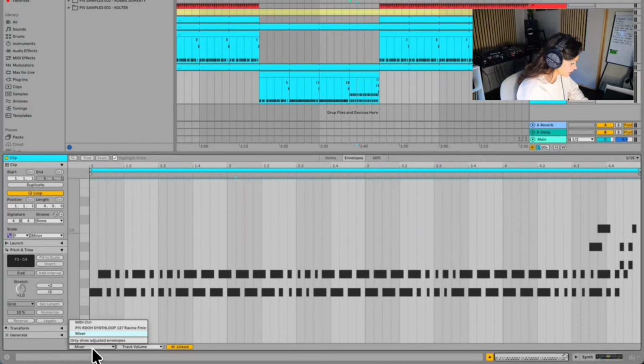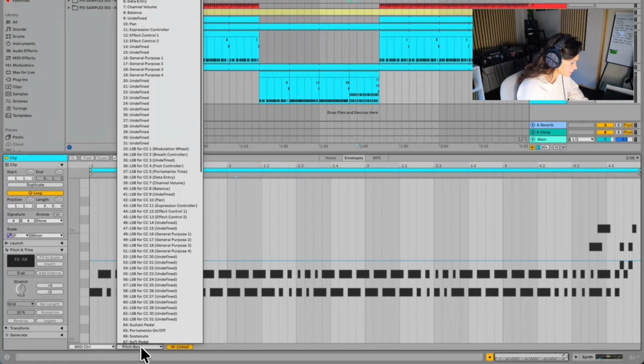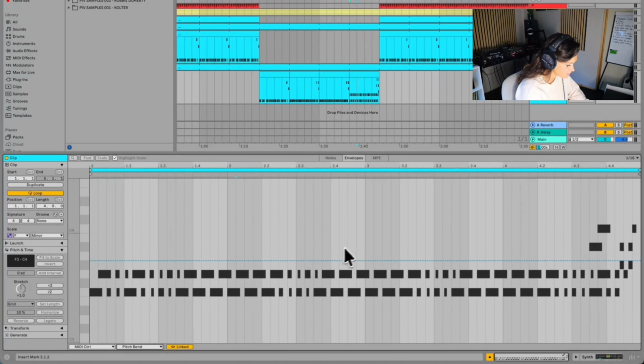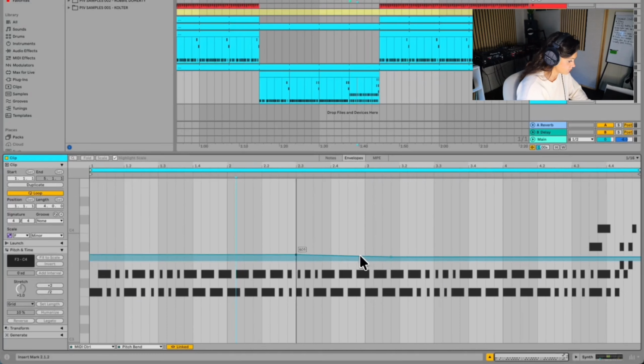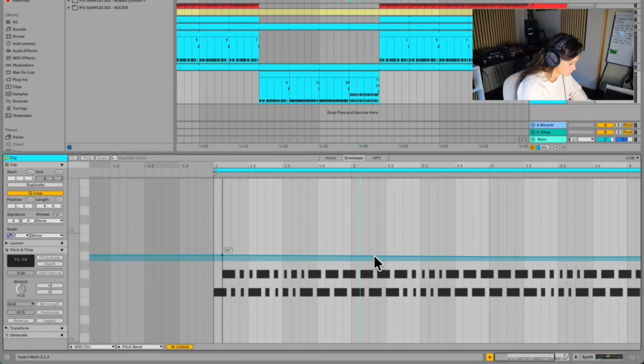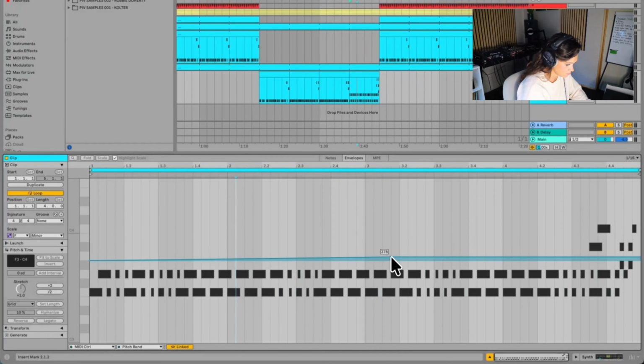and then down here we want to click on MIDI control, and then select pitch bend. So it's already on pitch bend, and then what we can do is start pitch bending it. So we could start at 0 and then we could go all the way around to a whole octave up. So we could go plus 12 semitones. So if we start at 0 and then